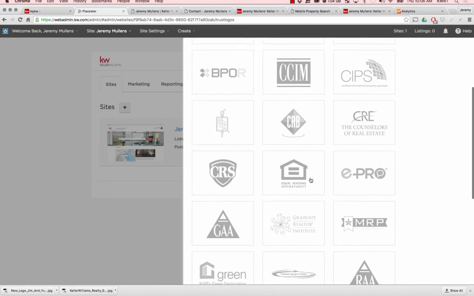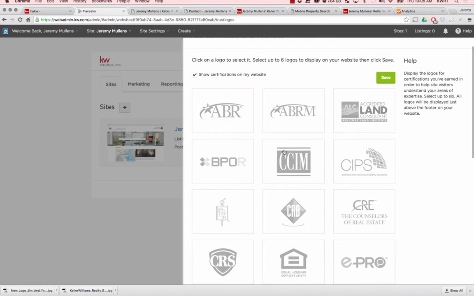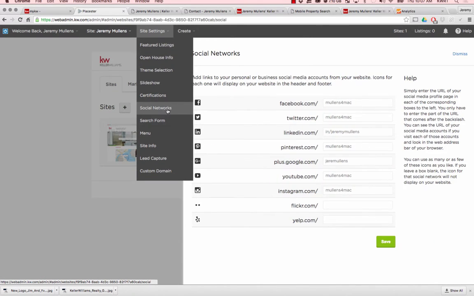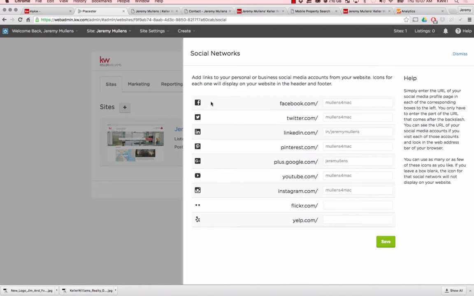And obviously, if you've gone through the classes, you can actually go through and add any of these. It's always a good idea to do so. Back up here under site settings, we're going to come down to social networks. Very easy to do. Pretty much all you do is find your URL on Facebook and put in whatever characters show up after the URL. So if I go to facebook.com,